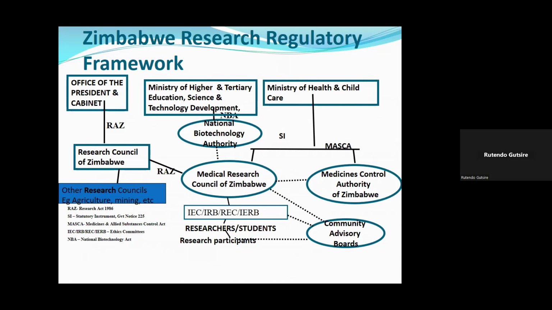You have to develop your protocol. You submit it to your supervisors, your mentors, you submit it to your institutional ethics committee. All universities in Zimbabwe actually have functioning ethics committees, or ones that are being trained so that they can look at proposals. And then you need to get the necessary ethics clearance before you do any research. That is important.